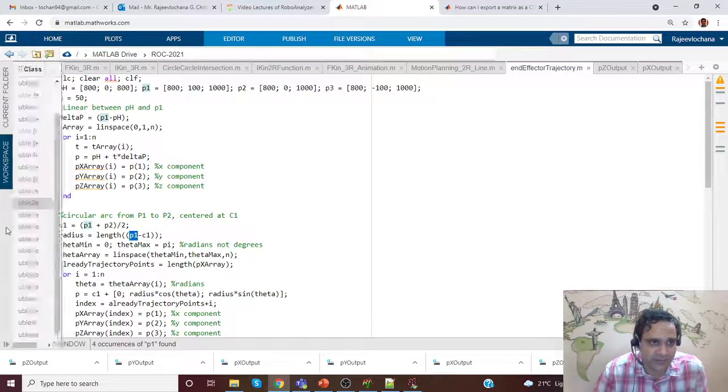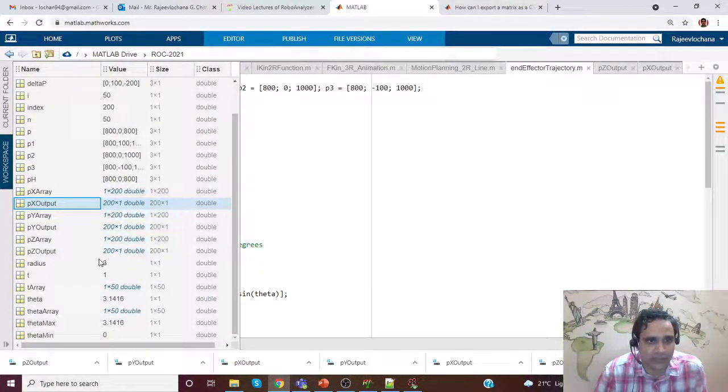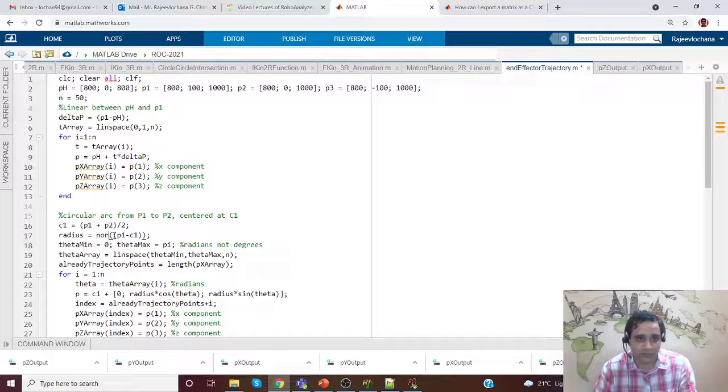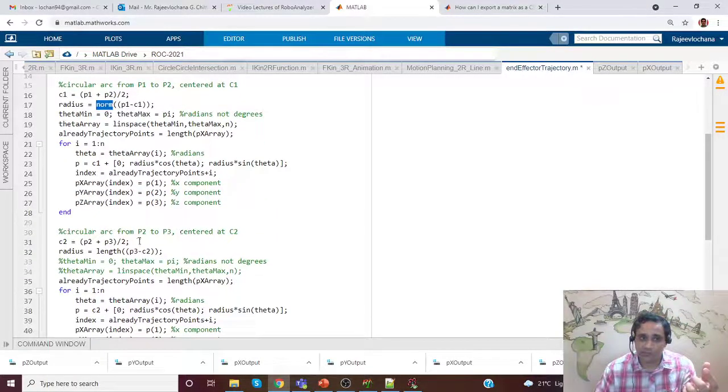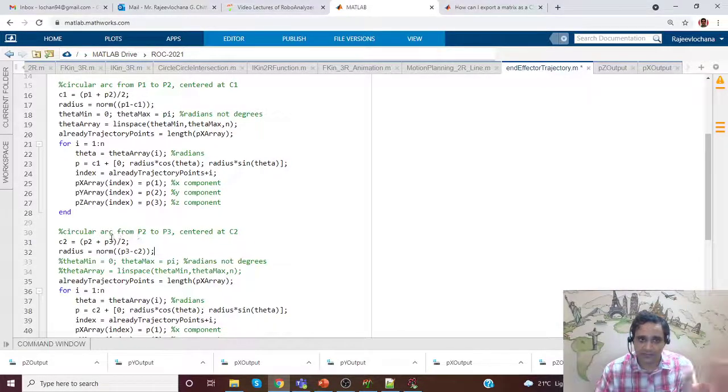Okay, we'll just see here what is radius. We'll understand whether radius is the culprit. Radius is shown as 3, which is not correct. R cos theta. So this length, it is giving me the number of coordinates it is having. It is not giving me the, okay, my mistake. I should have used norm. Okay, norm of a vector has to be used. I'm extremely sorry, because I just keep changing between programming languages. In GeoGebra there is length, here it is called norm.